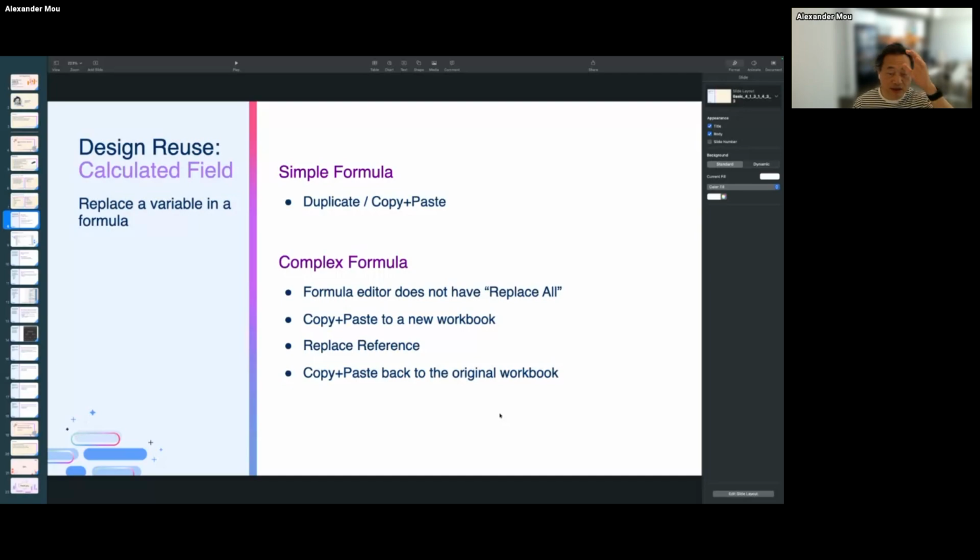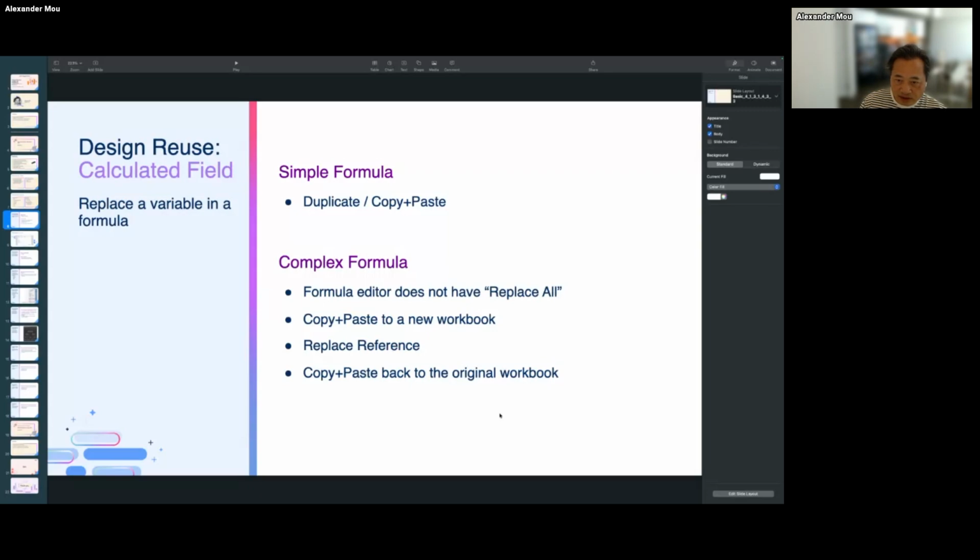You can duplicate a calculated field, and then change the dimensions, the elements, the variables in that formula to create a new formula with similar calculations. Some of the formulas are very complex.